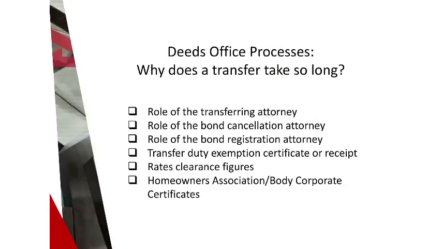And the rate of inclusion is that if it's a natural person or a special trust, then 33.33% of the capital gain must be included in your taxable income. If it's a company or a closed corporation or a trust, 66.66%. Then moving on to deeds office processes.